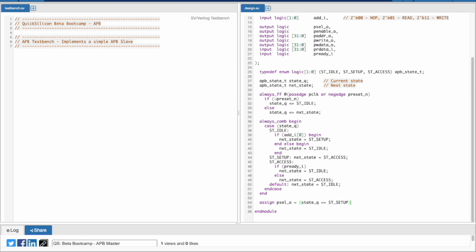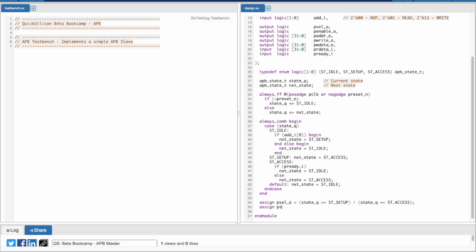Now this will be problematic because the setup state would only be valid for one cycle, because as soon as we entered the setup state, on the next cycle we will be entering the access state. But your PSEL needs to remain high either when we are in setup or access. So which means that we need to OR it with state_Q equal to access. So this would mean that your PSEL goes high as soon as we enter the setup state, and it will remain high until we are in the access state.